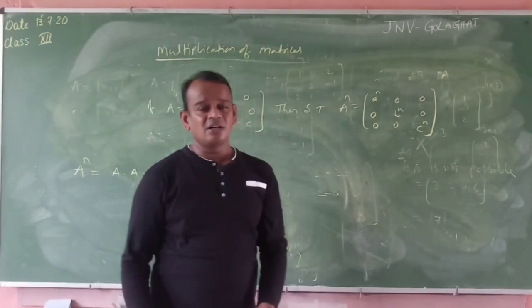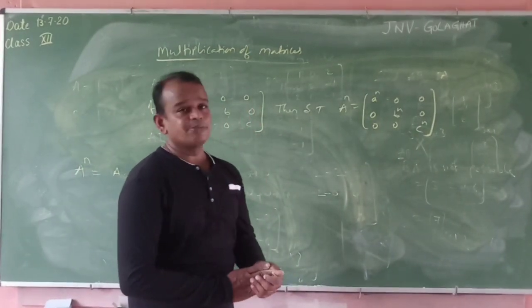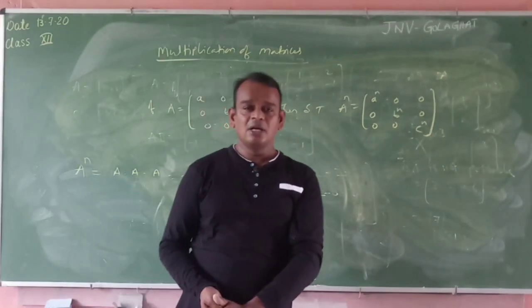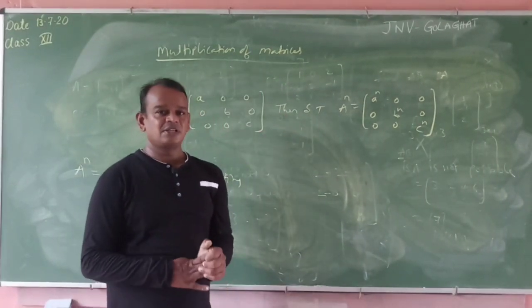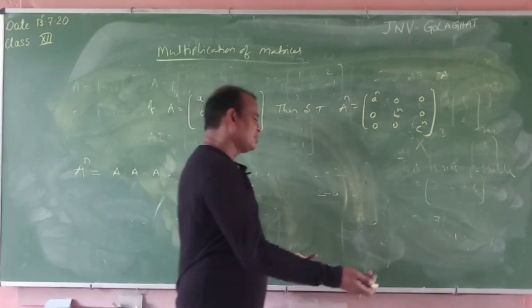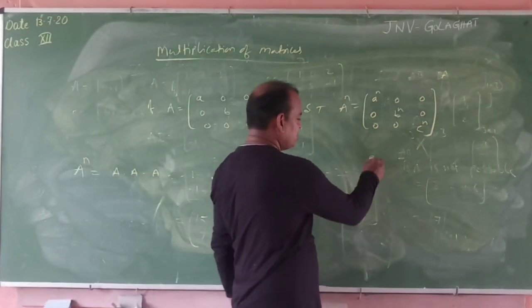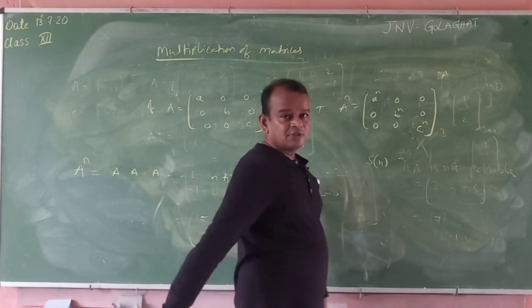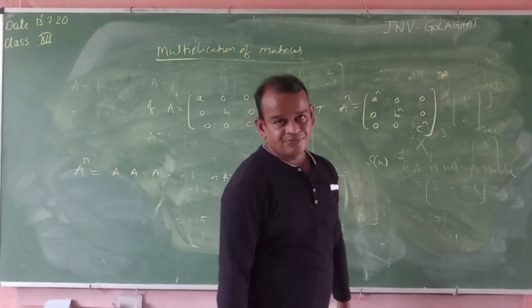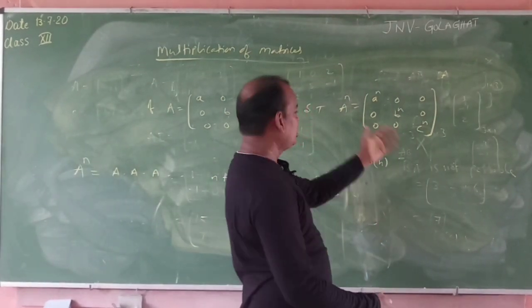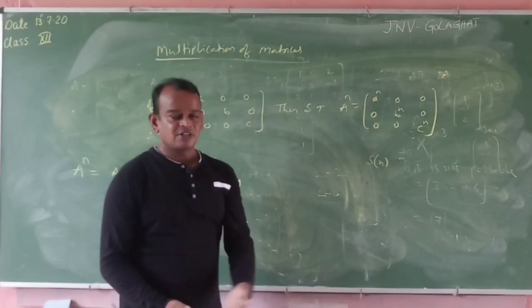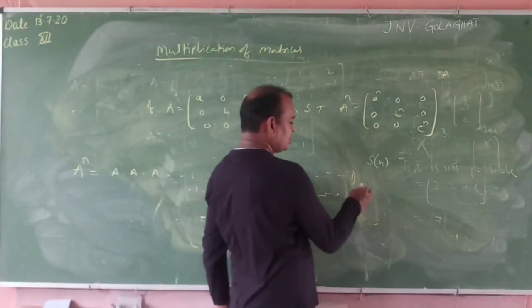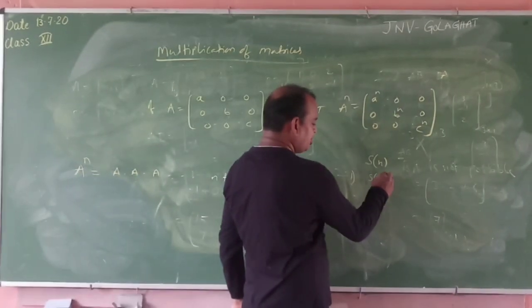In the 11th class, we already learned the mathematical induction method. In this method, first we take the given statement as S of n or P of n. Let S of n be the given statement. Three steps are needed. For it to be true, it must follow three steps. The first one is you have to show that S of 1 is true.